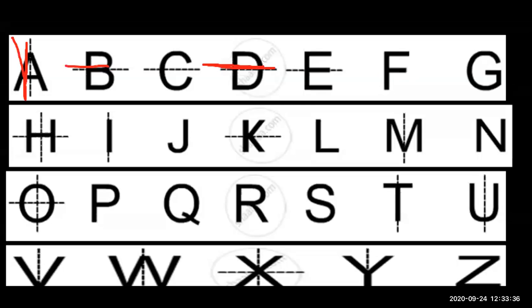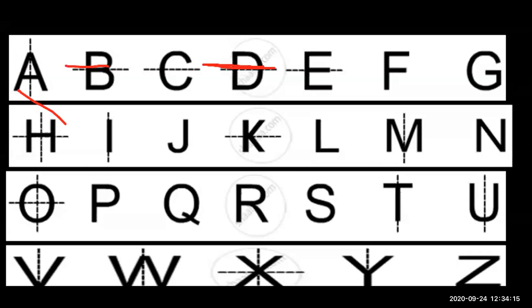Now G is also not showing an axis because we can't divide G into the same parts. Now here H, the letter H. See here, the letter H is showing axes. How many axes is it showing? It is showing two axes. Now the letter I is also showing two axes. Now J is not showing any axis. It can't be divided, and will not show a reflection of the other part.